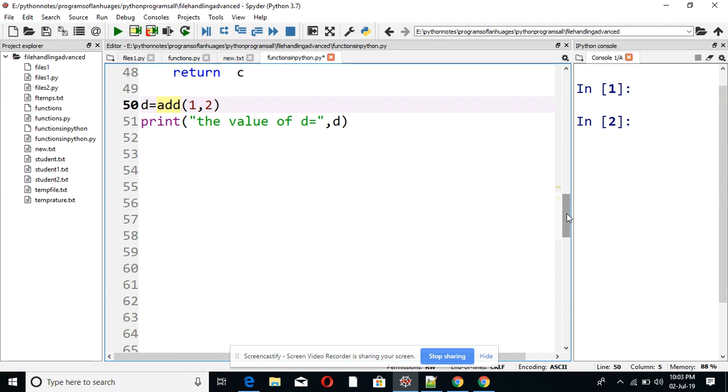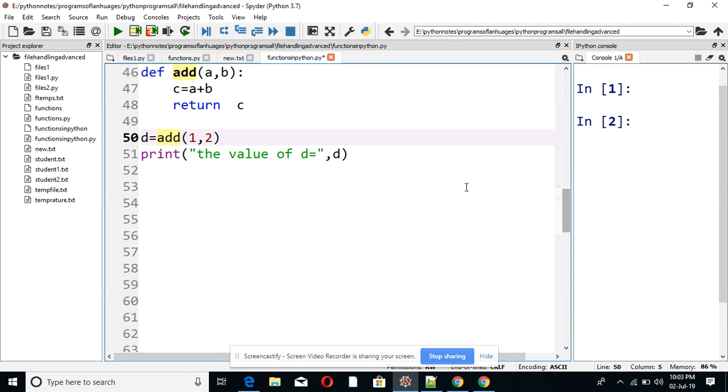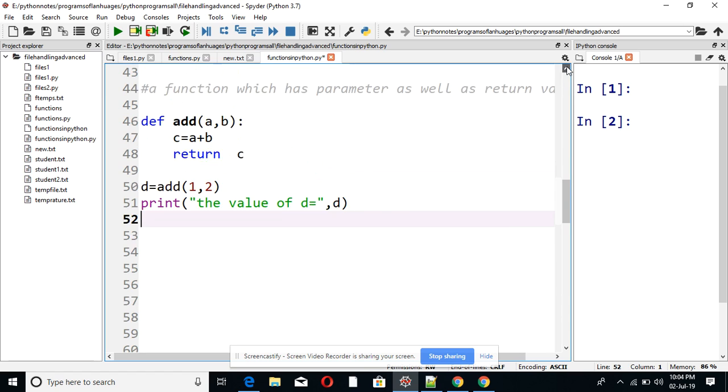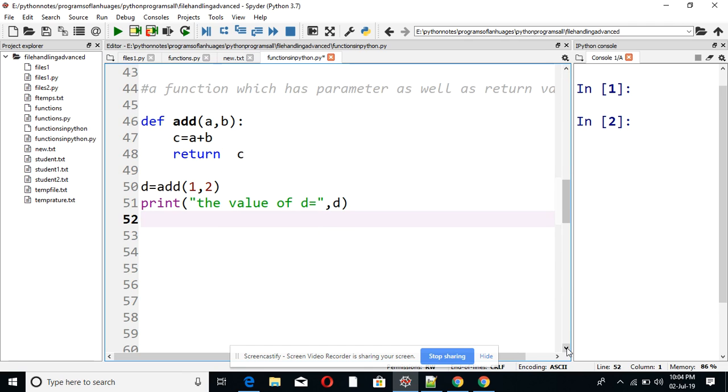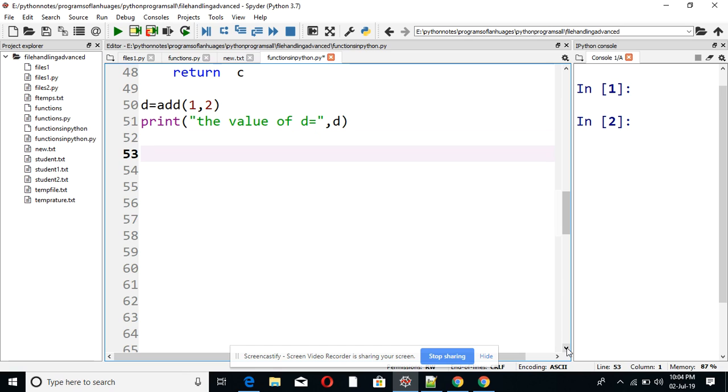Hello students. So now we have in part 5 Python functions. In the last section we had done functions which take some parameters as well as return some values. So till now we have done all the three classifications of functions. Now the next topic in the function is